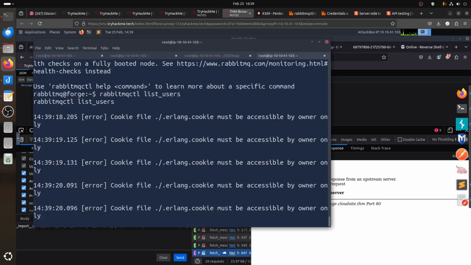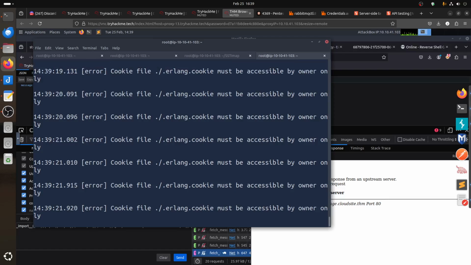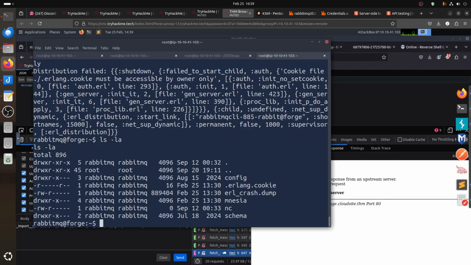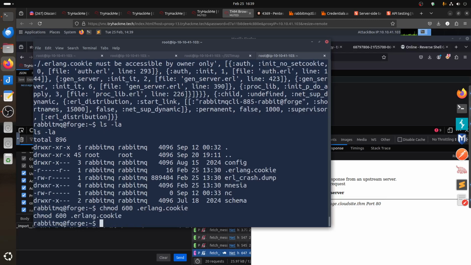You see this error? It said cookie file must be accessed by the owner. Oh no. Let's wait for it and we can talk about this. We just need change permission. Yes, let's see. ls minus la. I can just say chmod 600 .erlang cookie. If I do that and I say list users,